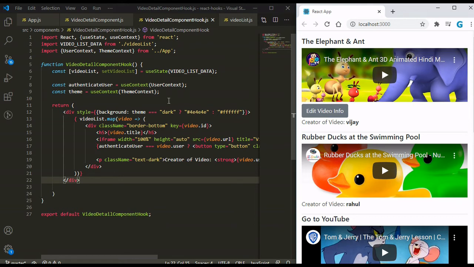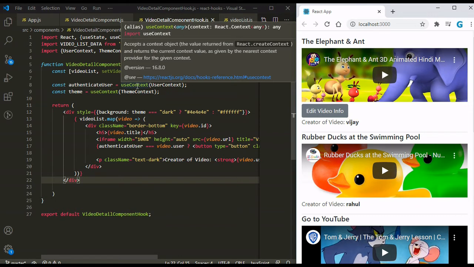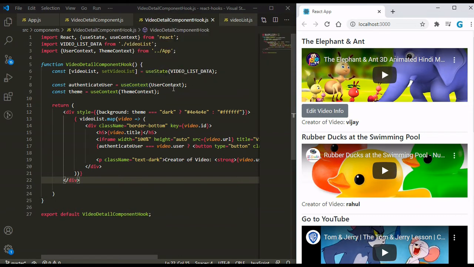We have just used the context hook and passed our context inside this method, and this context hook provides the context value. We have taken this context value inside this variable and used these variables directly in our HTML code. So friends, this context hook has made our code very simple and much more readable.